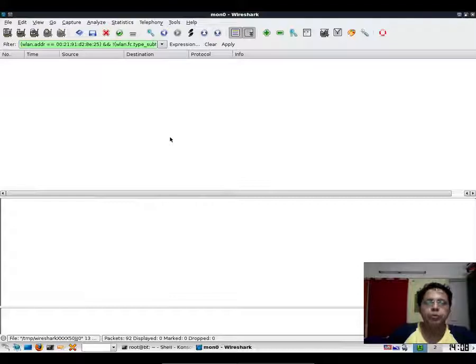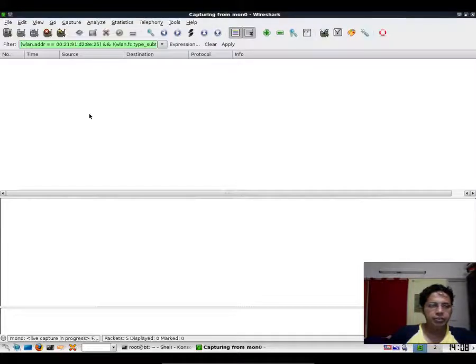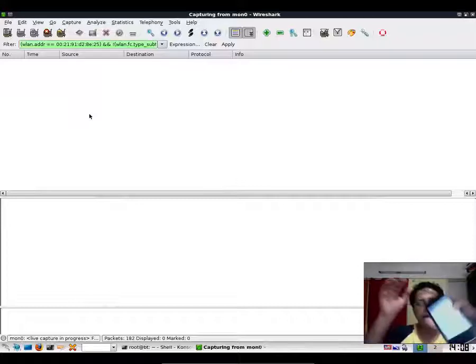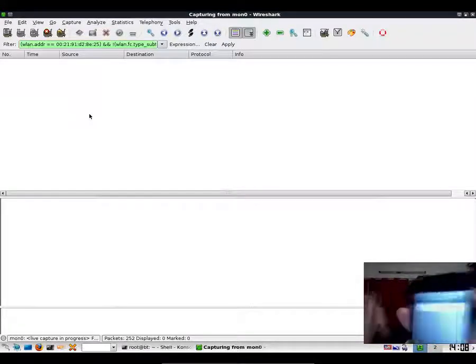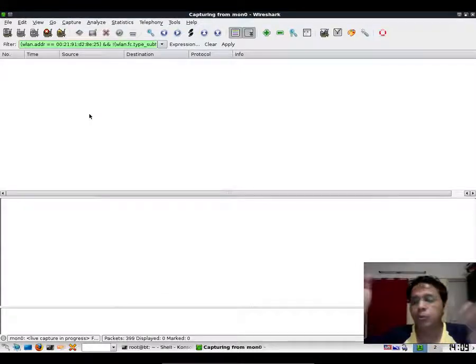This will now remove all beacon frames. As you can see, we hardly have anything left, so let's start the sniffing once again. Let me quickly switch on my phone. Currently Wi-Fi, as you can see on the phone, is disabled. By the way, you can do the same thing with your laptop.